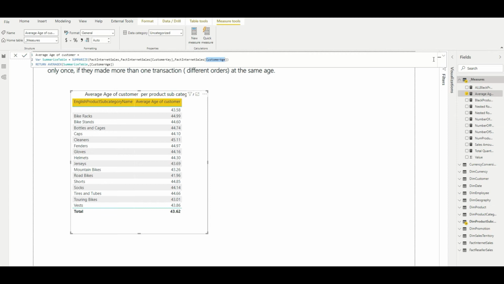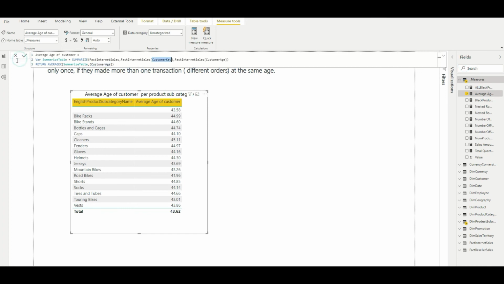What the SUMMARIZE function is doing is summarizing based on customer key and customer age. It is giving us the unique combination of the customer key and the customer age at the time of purchase. And then finally we are doing AVERAGEX on this summarized table, averaging the customer age.